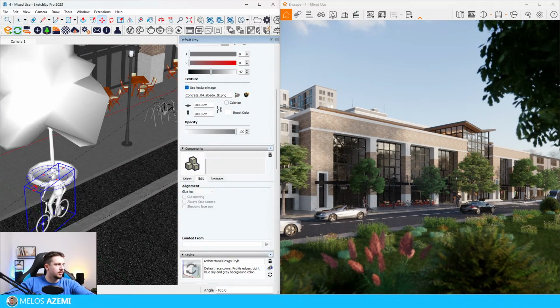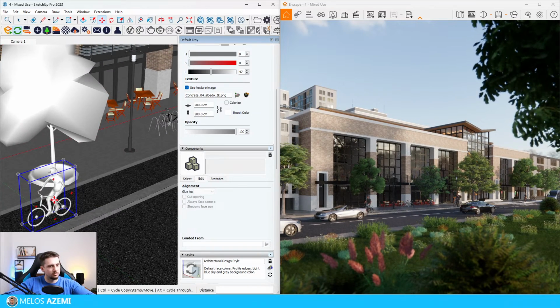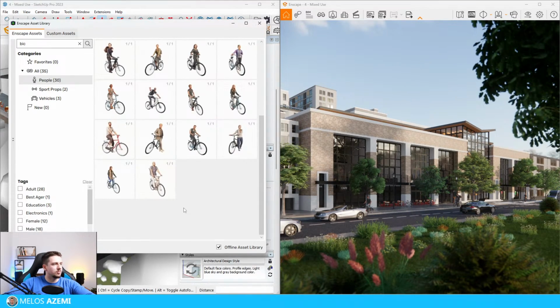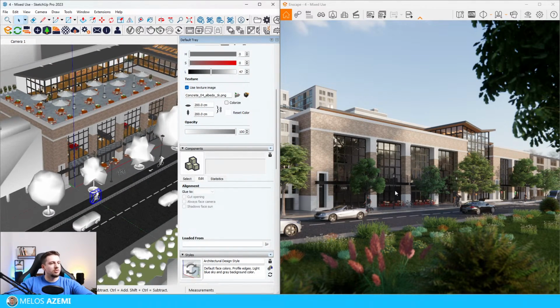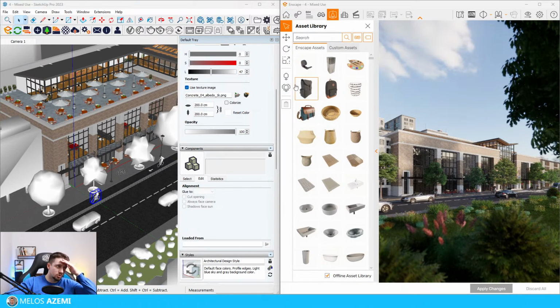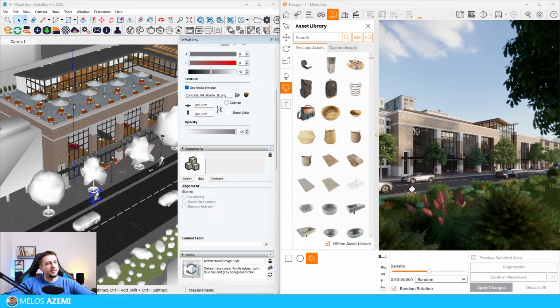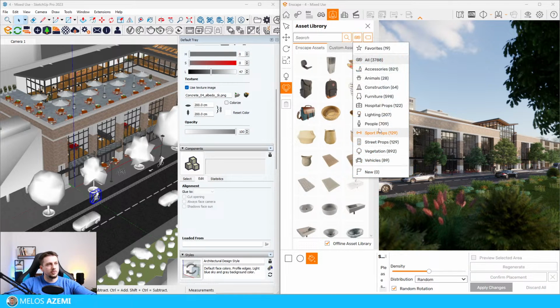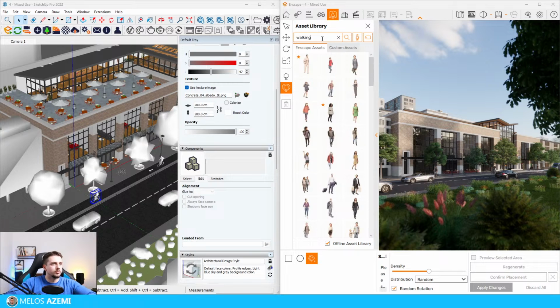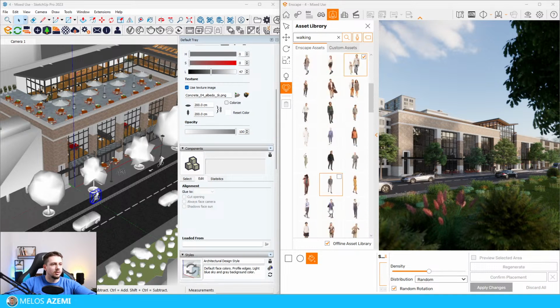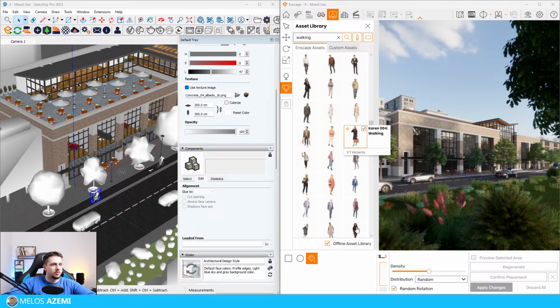Let's add another bicycle here. Well, this looks a bit random and unnatural, the way these bikes are placed. Anyway, okay, so now I'm gonna need to add some people. So let's try, I've never tried using the multi-asset placement for people. So I'm interested to see how that works. I'm gonna add people walking. So let's say this one, this one, this one, this one, just a bunch of random ones. This one,